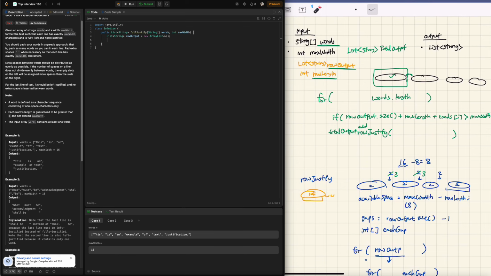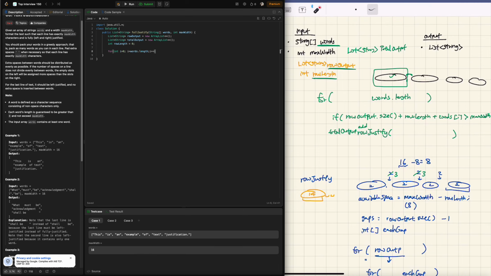And then there will be a list of string total output, new ArrayList, and then there will be int row length, which is equal to 0, and I'm going to iterate through the words length,